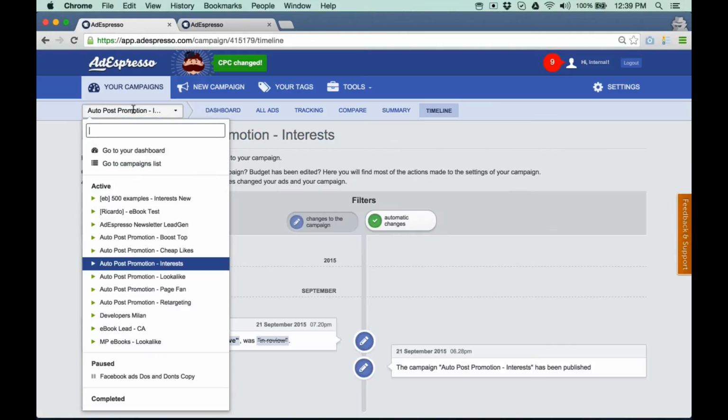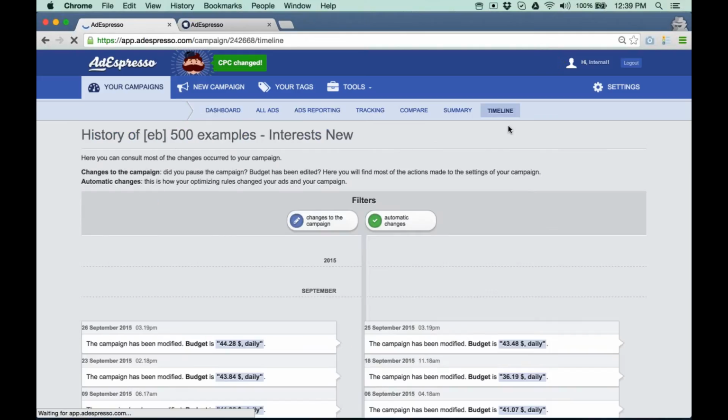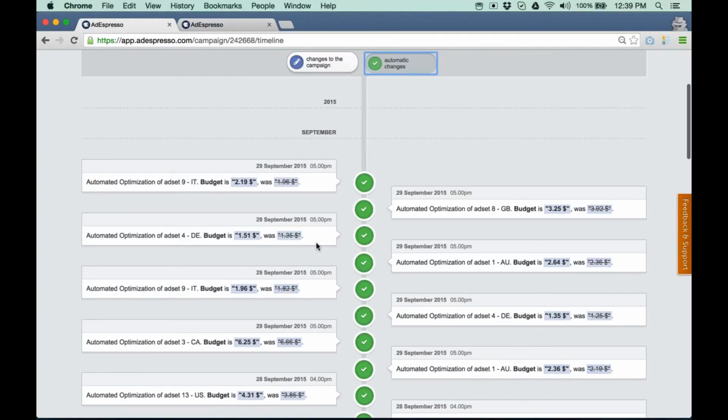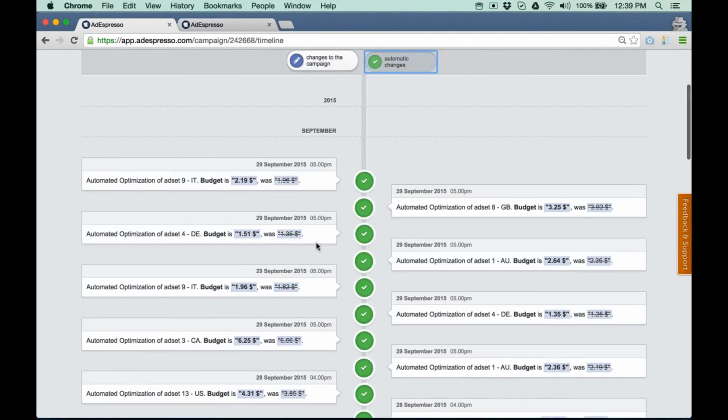I want to see this one, which is for lead generation. So you can see here, every day there are 5, 10 different actions made on this campaign to make sure that we are getting the most out of it. For example,